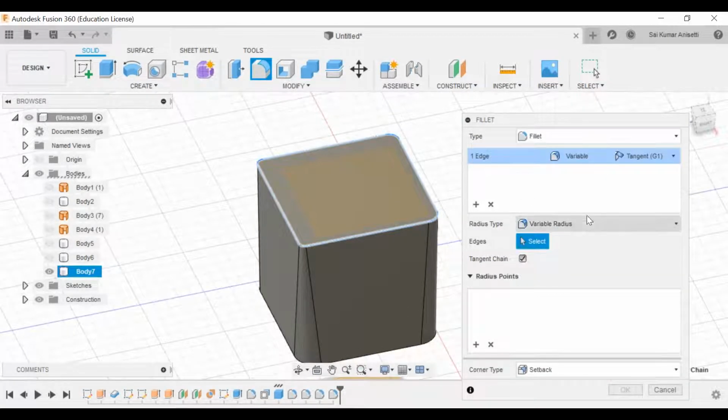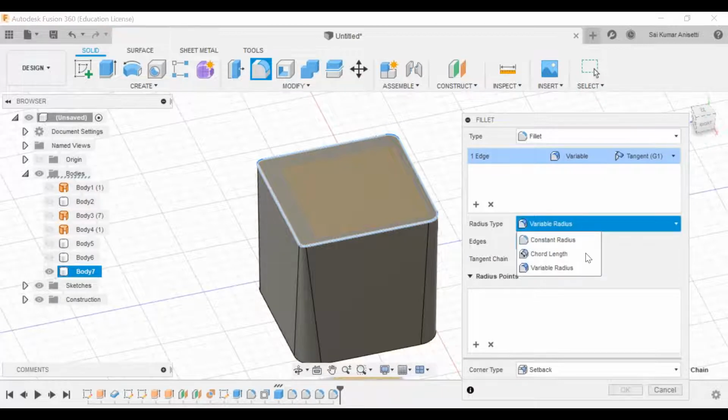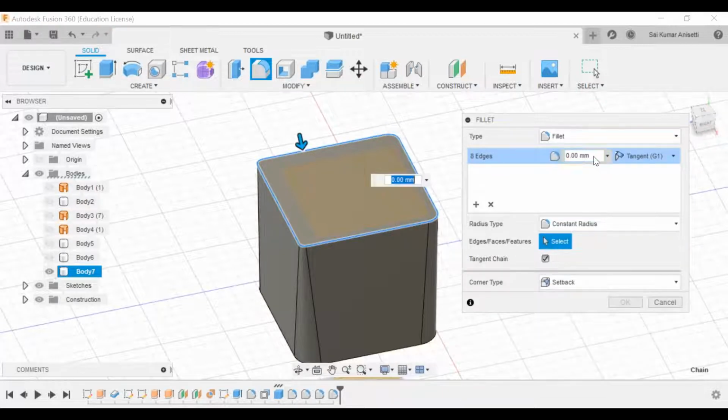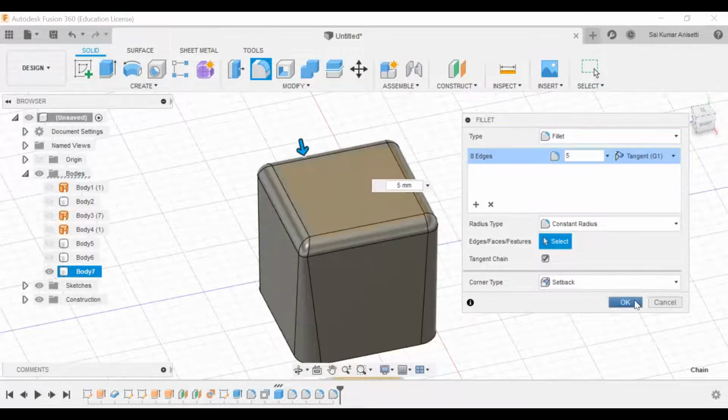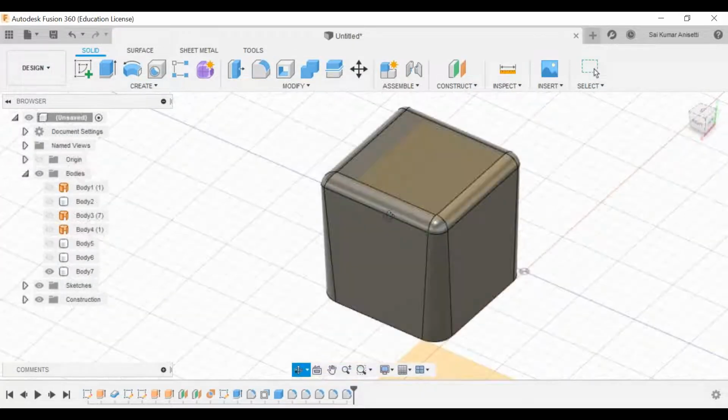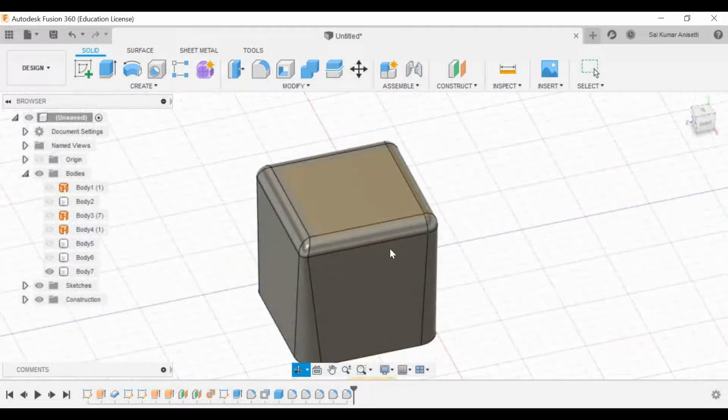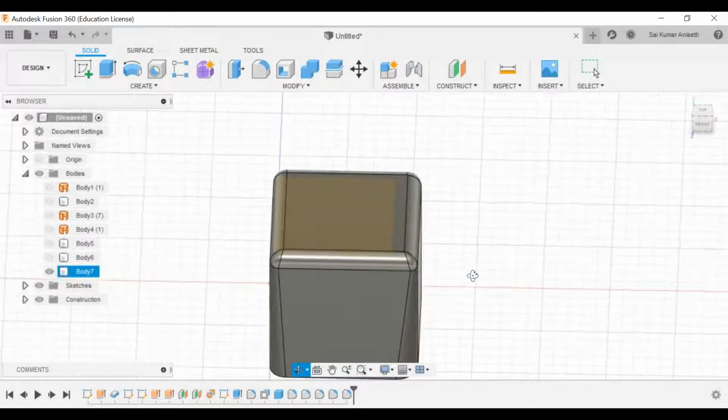Now let me give this variable as tangency constant radius. Give this as 8 mm. Okay, 8 mm or 5. Click OK. See. Now you have different corners at different places.